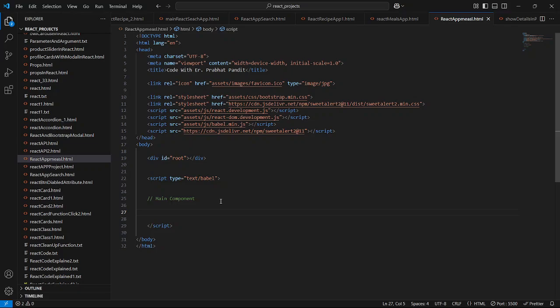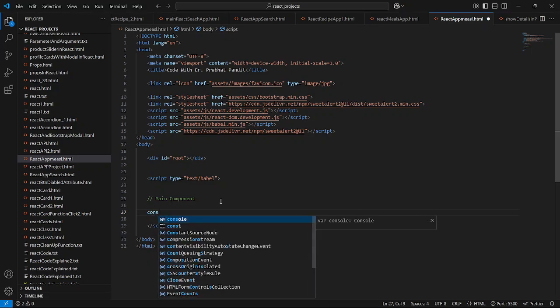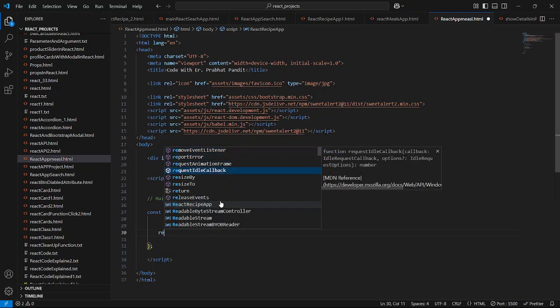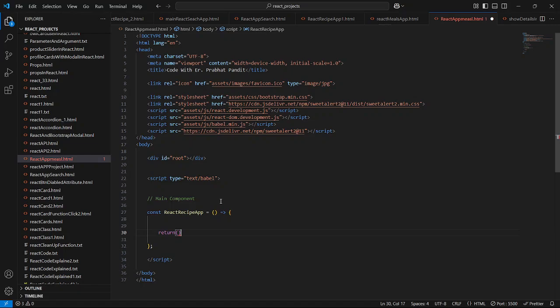So first of all, I'm going to create one main component. I'll say const, I'll give here React recipe app. I'm going to use the fat arrow function. I'll give equal to, open and closing parenthesis, equal to, greater than, and open and closing curly braces. So close this, and it is going to return all the components. So we have to say return and open and closing parenthesis. So close this, and it is going to take one main